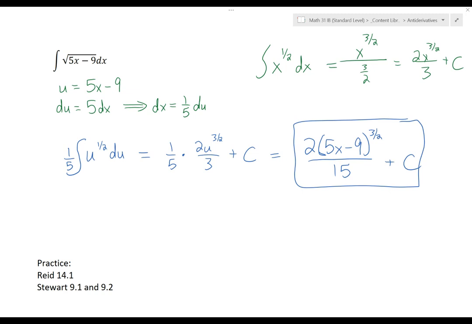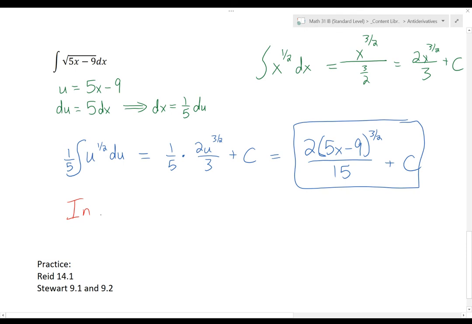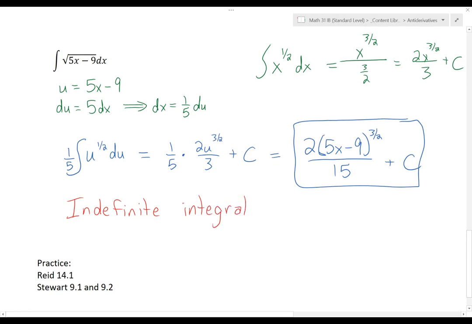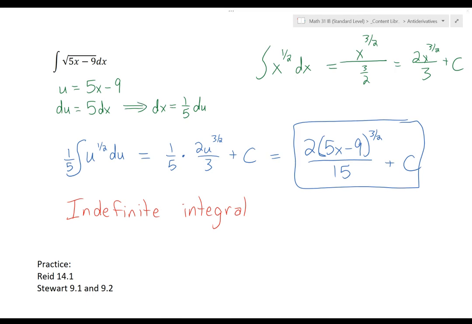Just one quick comment on vocabulary. The antiderivative, or antidérivé in French, but also these are what are called the indefinite integral. The integrals can be definite or indefinite, and we will get to some definite ones in a little bit. Definite ones have numerical answers, whereas indefinite ones are where we're going to get a function. For any one of these functions, these are very general because I just have plus c. I don't know what c is. But for any one of these functions, if I gave you a point on the function, then you would be able to